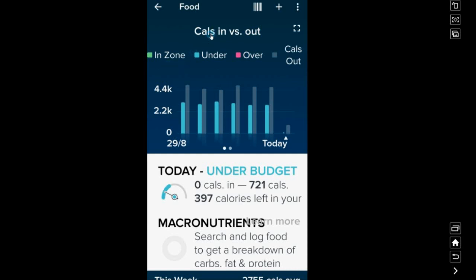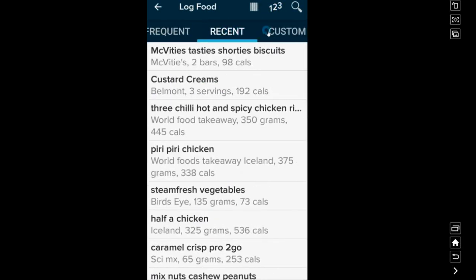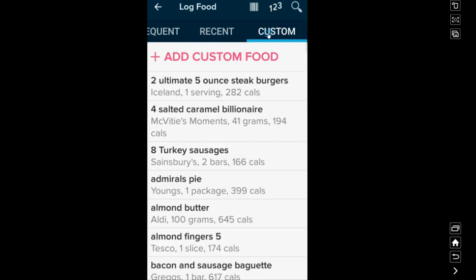The next plan is obviously these up here, that's a scanner. Some food will allow you to scan from the barcode, but in the UK they haven't updated it enough, I don't think, and that does need some work. But then you have got your plus, so if I click on my plus, you will see all the latest food I'm eating, the recent stuff I've had, and then obviously custom. Custom is the key thing, because I would recommend that you spend the time adding your own food into your account, because once you've added it there,